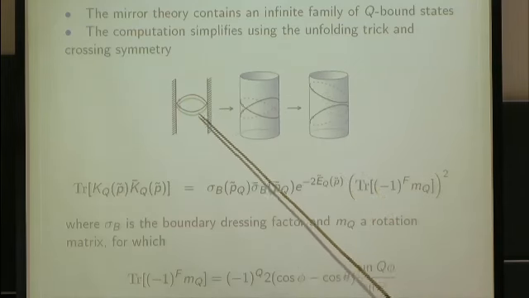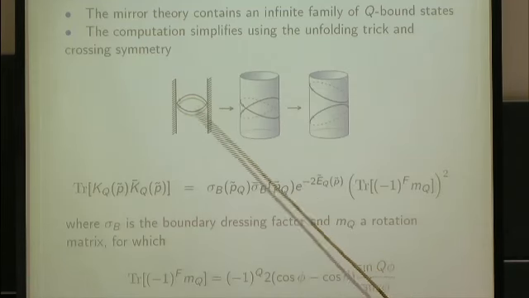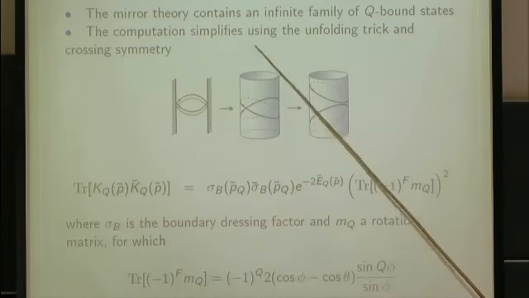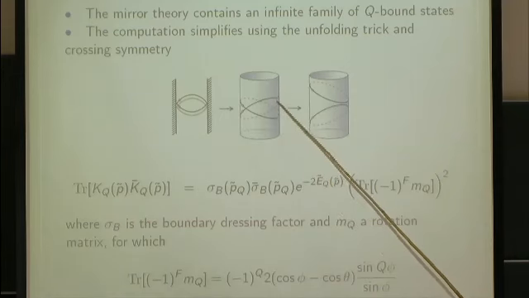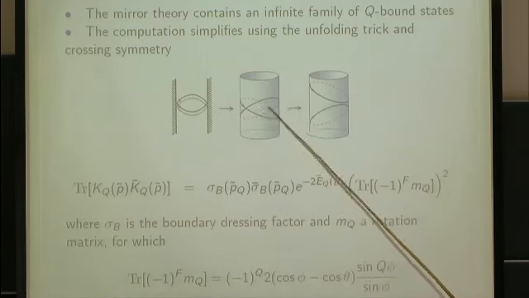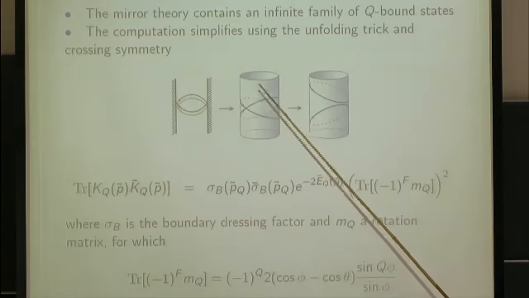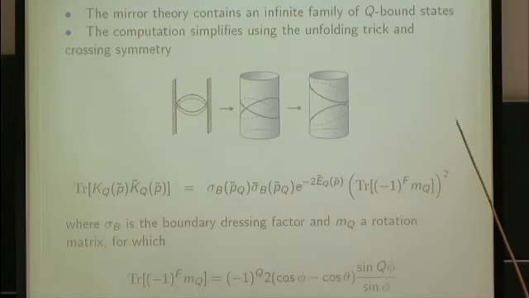But it turns out that because of our unfolding trick, there is a simplification. So remember, there was the original picture. In the original SU(2|2) square, these magnons were carrying two indices, and when we unfold this, thinking of it as representations of the diagonal symmetry, it was like a periodic cylinder, and we had two particles, and the reflections are now seen as bulk interactions. These red dots just represent the rotation to introduce the cusp angles. But then it turns out that using crossing symmetry means that we can disentangle the lines by just moving them apart, and then you are left with just these traces.